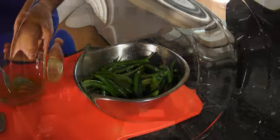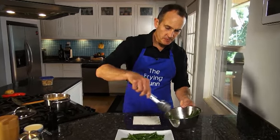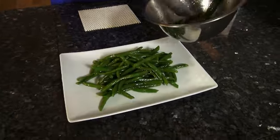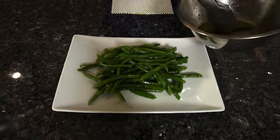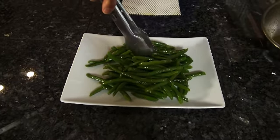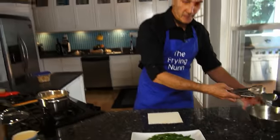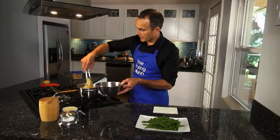All right, let's plate it. And plating for this couldn't be easier. We're going to take our beans right to a platter, onto the platter. And you'll notice that some of the glaze dropped down to the bottom of the bowl. I'm going to reserve that just for a little topping here, maybe even a little decoration on the outside of the plate. From the beans that are now basically sweet, let's get the sour part, and that's going to be